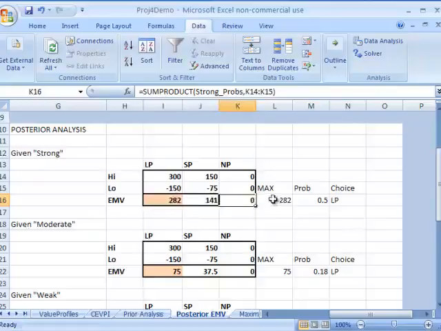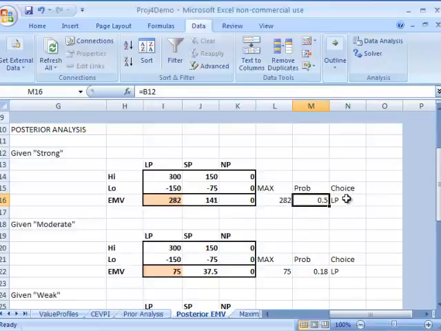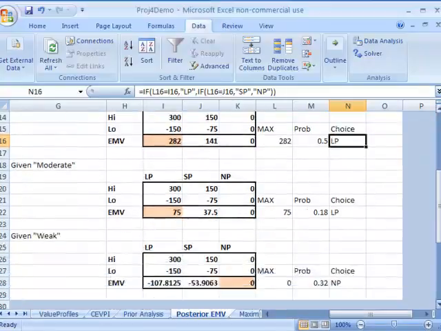And that gives us a new max here of 282, and this occurs with a probability 0.5, and we have optimal choice being the large plant. Now, if the test marketing turns out with a moderate demand,